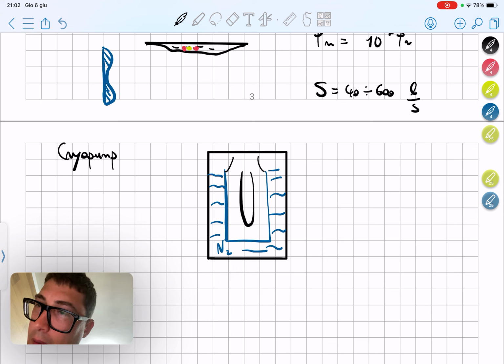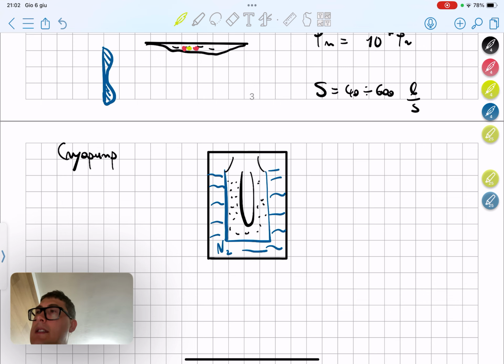Inside there is a spongy material, and the gases come in here and essentially are trapped in this